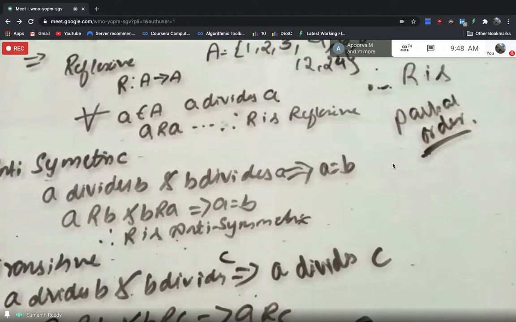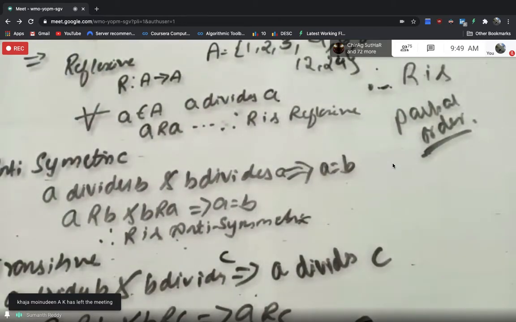So now after this conclusion, next I need to draw the Hasse diagram. Already yesterday we have solved a few problems regarding how to construct the Hasse diagram. Yesterday I gave the examples. Initially I started with the digraph, converting the digraph into a Hasse diagram. Later I taught you how to draw it using the relation, and then I also taught you how to draw the Hasse diagram directly using the set of elements. Correct, right? For that, you have to take the least element. Next you have to take the elements which are related only with the least element. In that way, if you proceed directly using the set of elements, you can draw the Hasse diagram.